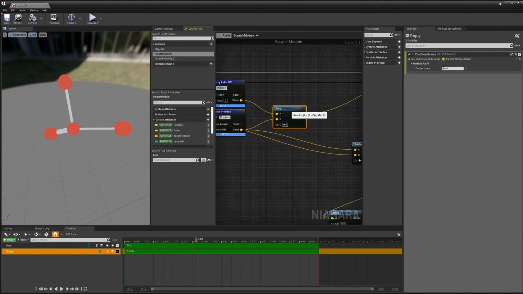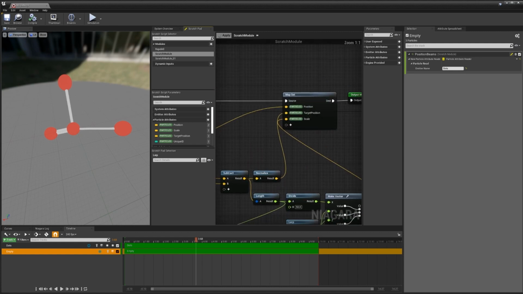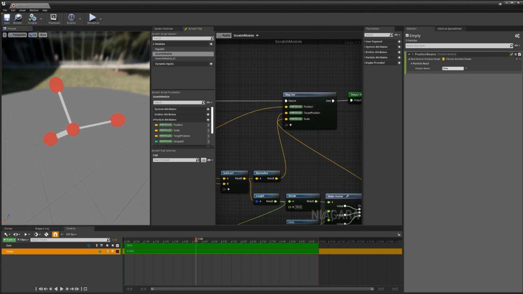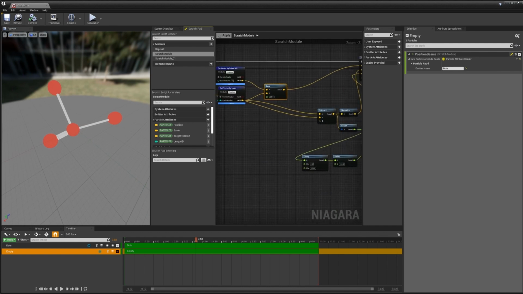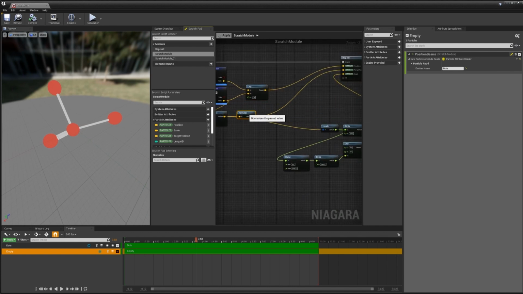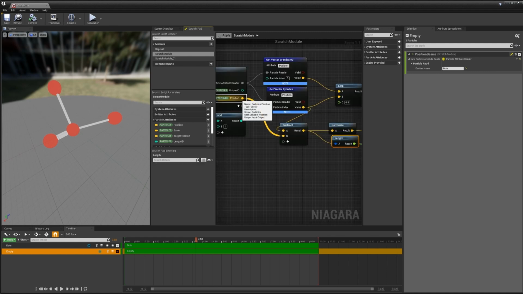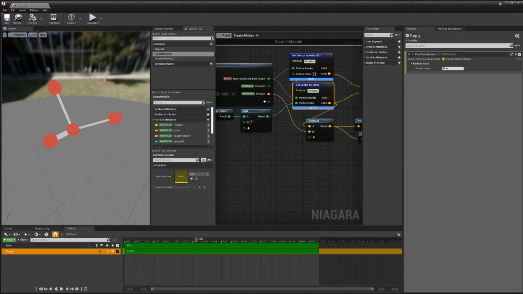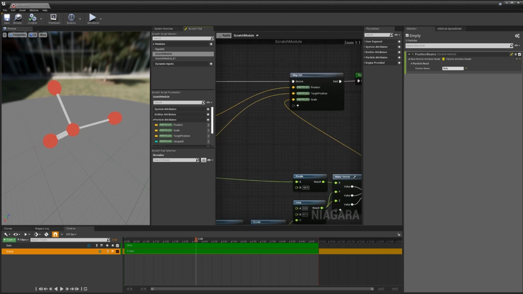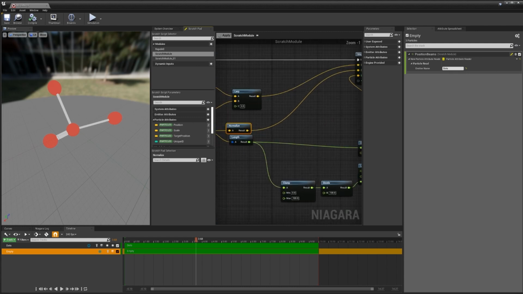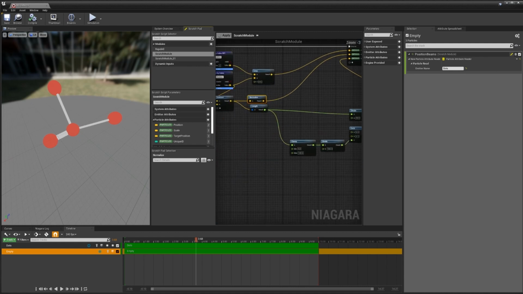Then I'm getting a lerp and finding the middle value between these 2 points by having it set to 0.5 and plugging that directly into particle position. So we are hard setting the position value of these 3 particles. Then we're doing a little bit of maths. Here I'm getting my particle position, which will be here, and my secondary sphere location, which in this case will be here, subtracting one from the other, and then normalizing it to give me a look at vector. This is going to be used later on.